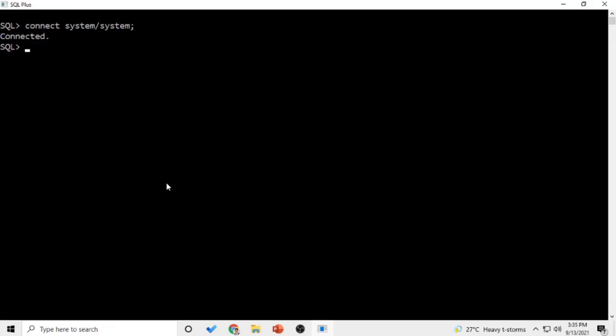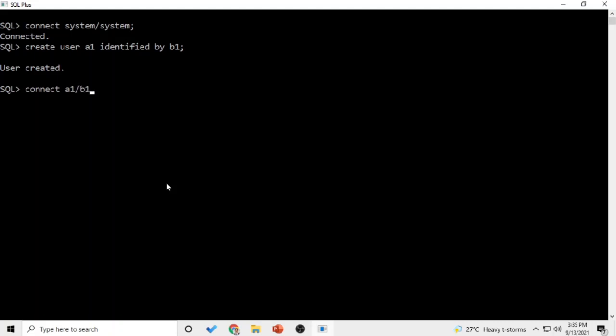First of all, we need to create a user so that we are able to test grant and revoke on that user. So to create a user, we'll use create user. I've taken name A1 identified by B1. So A1 is the name of the user, B1 is the password. The user is created. Now I would try to log in with this simple connect A1